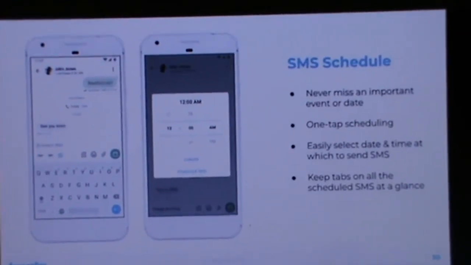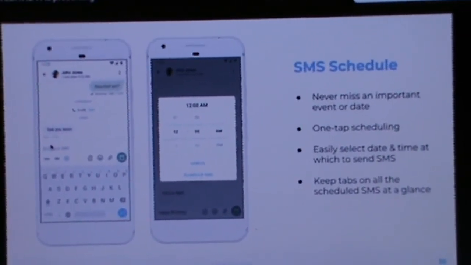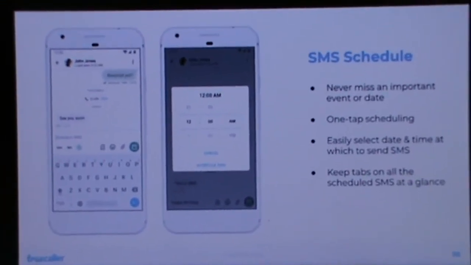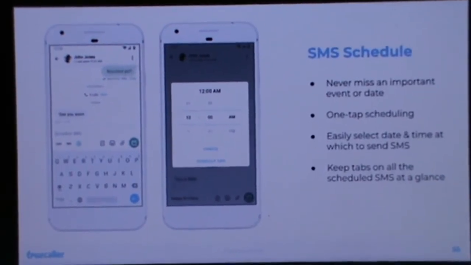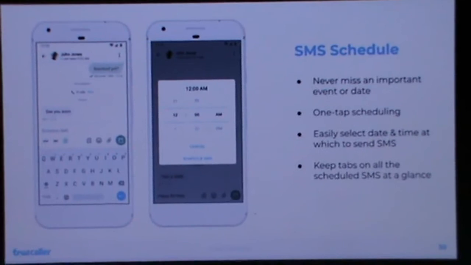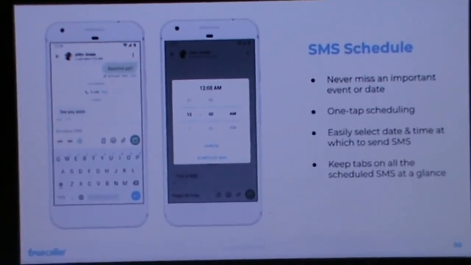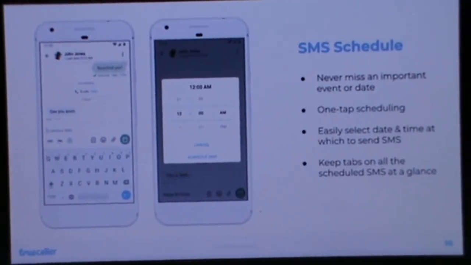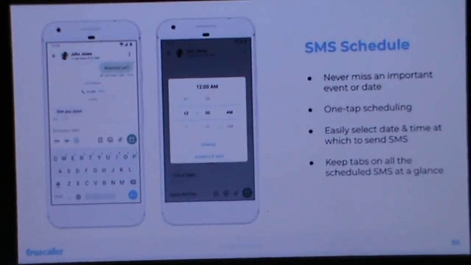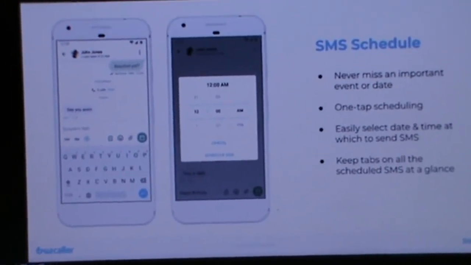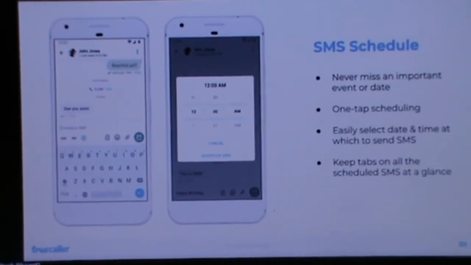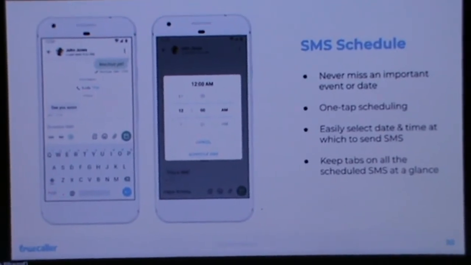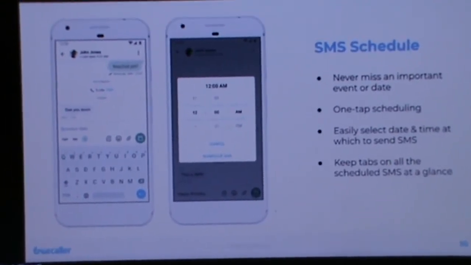So yeah, I can take the next couple of slides. We are here to make your communication more efficient, right? These next two features are part of the whole vision that Truecaller has. This is another feature that people have been requesting for a long time, and the idea is that you can just quickly schedule your messages. All of your scheduled messages can be seen at a glance, and don't worry if you make a mistake. You can always delete it or send immediately if you need to. In terms of the scheduling options, you can do it from 5 minutes to even up to a whole year